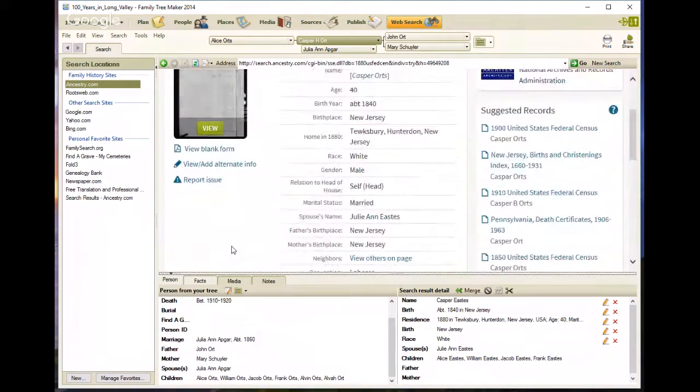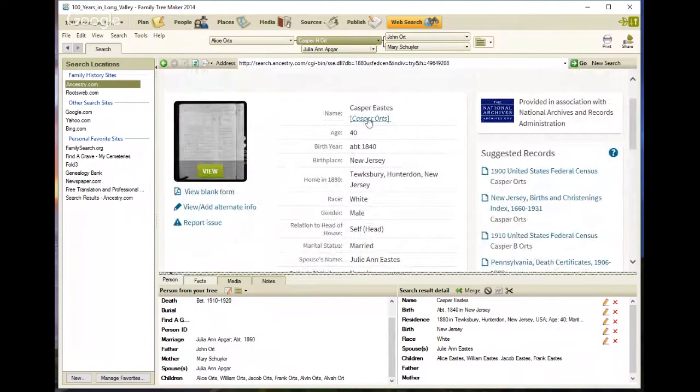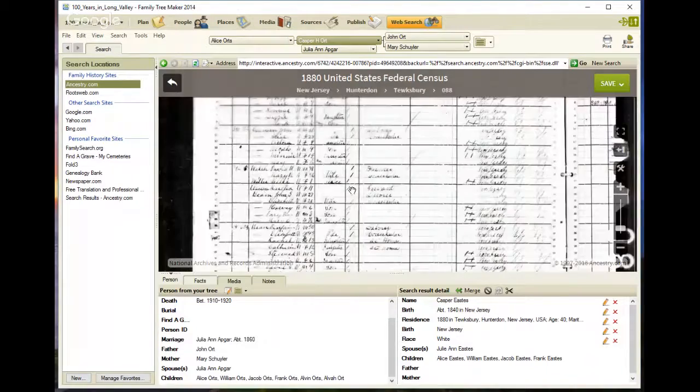Now, if I go back to the top of the screen, you'll see that the transcription had an update where the person looking at the record on Ancestry said that's not Estes, it's Orts with an S. So somebody has already recognized that there's something wrong with the transcription. Now, I don't trust either the record or the transcription. I want to look at the image. So I'm going to open up the image,